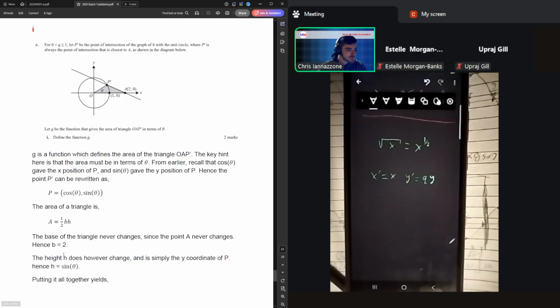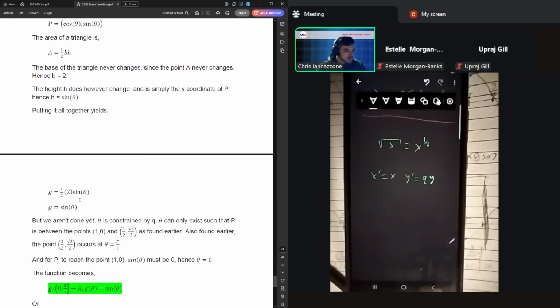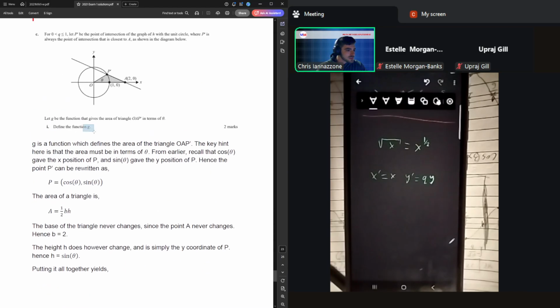And the height is going to be whatever the y coordinate is, which, as we said before, is going to be sine theta. So wherever you put this thing, your y coordinate is going to end up being sine theta. You simplify that all the way down, and you've just got your function g is going to be sine theta. They said find the function g. Now,